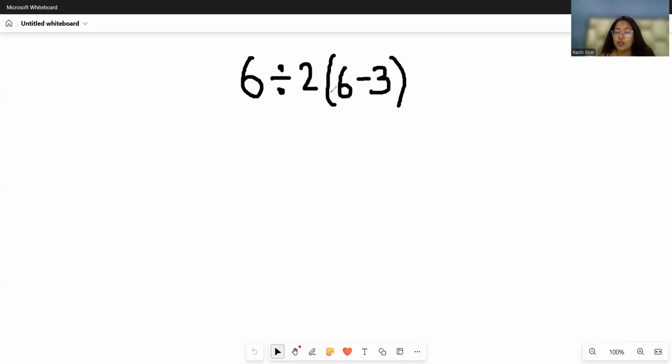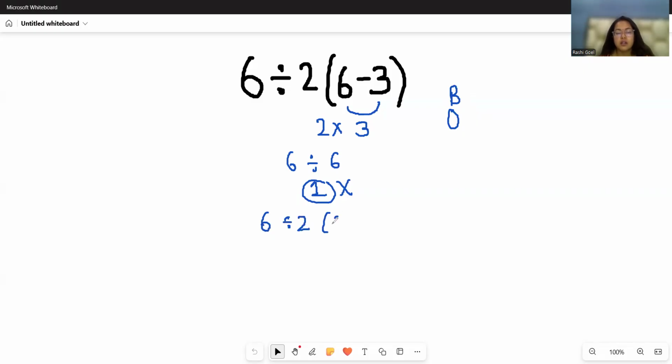Many people fail to solve because they mess up this simple calculation by solving 6 minus 3 as 3, and 2 times 3 as 6, and 6 divided by 6 as 1, which is a wrong answer. Yes, you heard it right. When an expression gives multiple operations like division, brackets, and in the bracket there is a subtraction, then you have to follow the BODMAS or PEMDAS